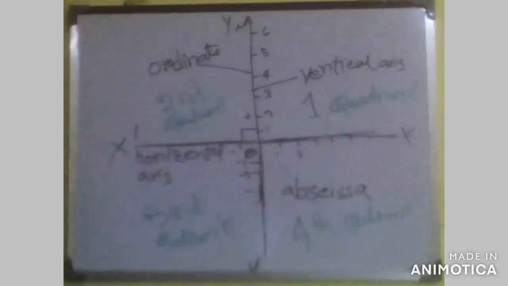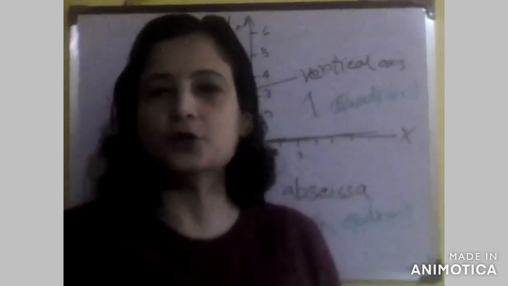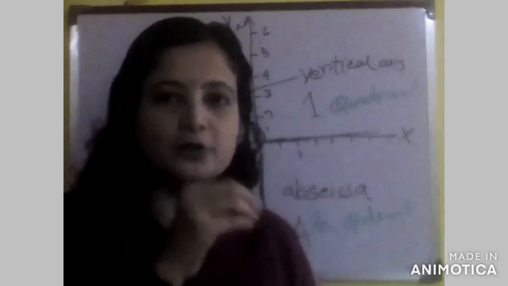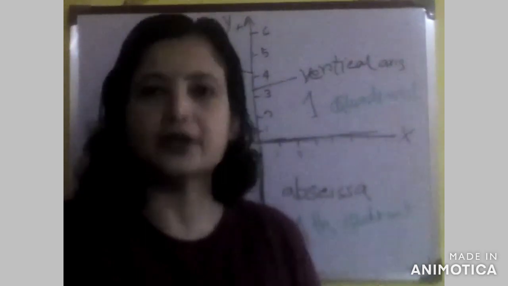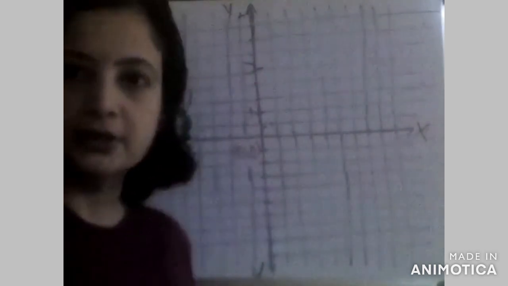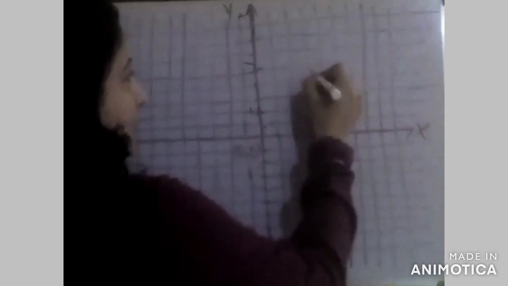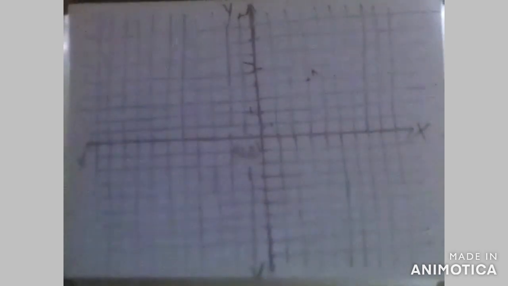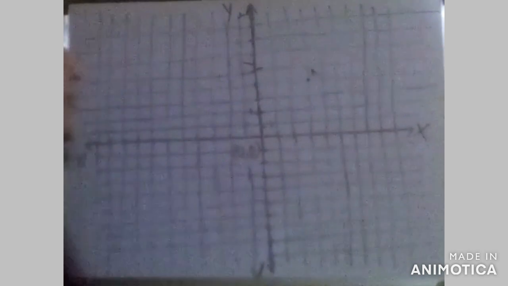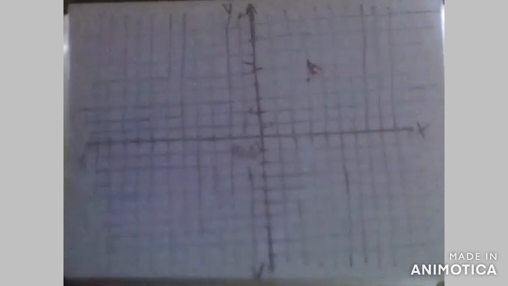Now here, if you want to explain or locate any point, how will we do it? If we say a point A on the graph, what will be its position? How will we mathematically express its position? See, suppose this is the point A. Now how will we understand that this is the point A? How will we mathematically express it?